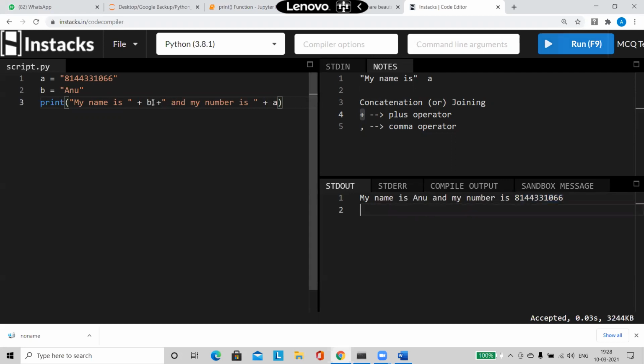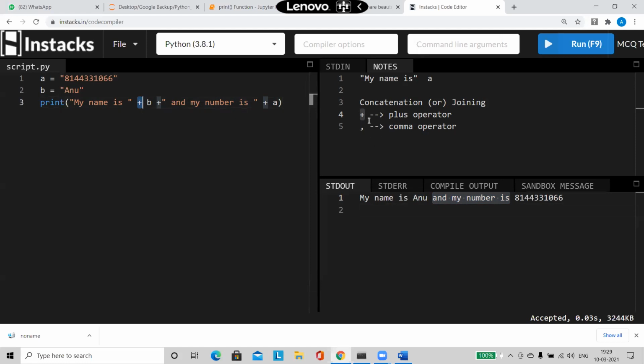So now you understand what is the purpose of this plus. Plus is for concatenation, plus is for joining. First, this is going to get printed. After this gets printed, whatever value is there in this variable will get joined with this message, attached to this already printed message. After printing the B value, again it will join this message, followed by the value. Like this only, I will be making use of the plus operator. The purpose of it is concatenation or joining.